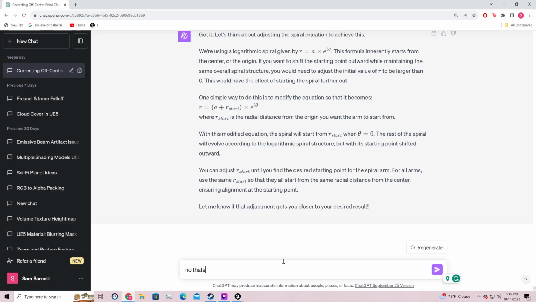No, that's what I was doing actually. Basically, the issue arises with more than one arm. They end up with different origins, and the smaller